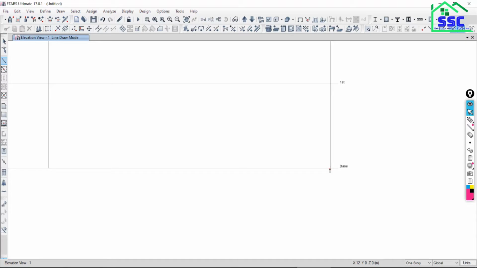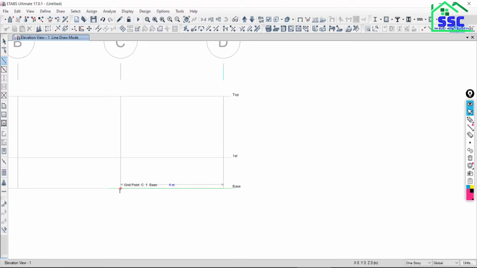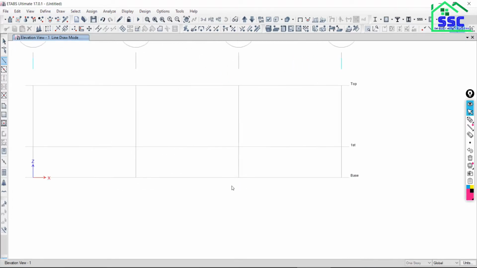So click at this point and then freely move to the next point where you want to end your line. Just click here. Now freely move to the next point. Just click here. With that command active, move to the next point and click here. Is that clear?